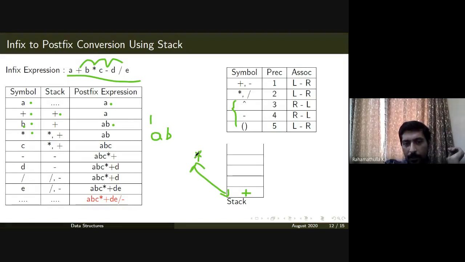So if the incoming operator has higher precedence, then that will be entered onto the stack. Otherwise, the operator from the stack will be popped out. For example,